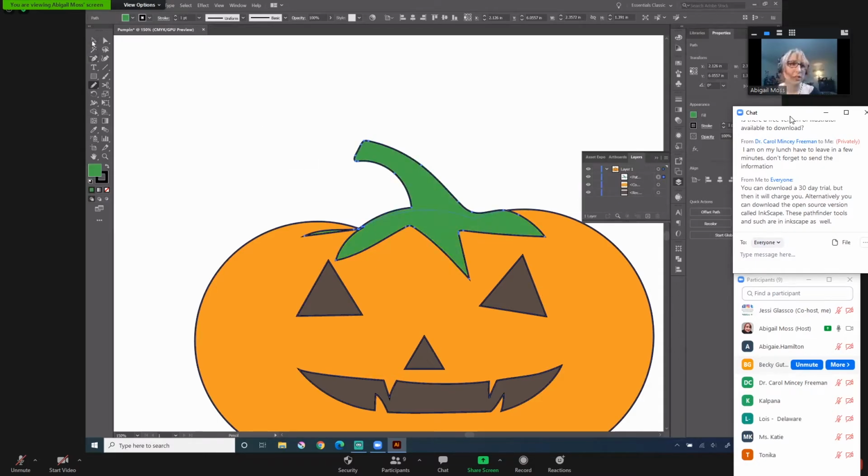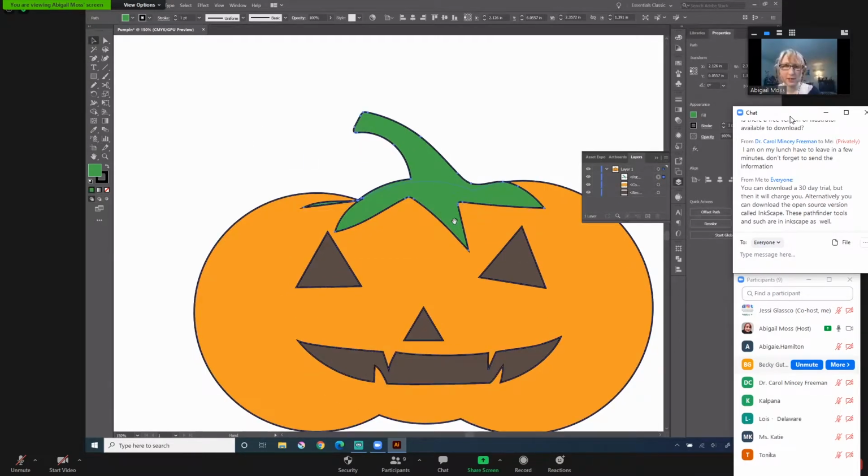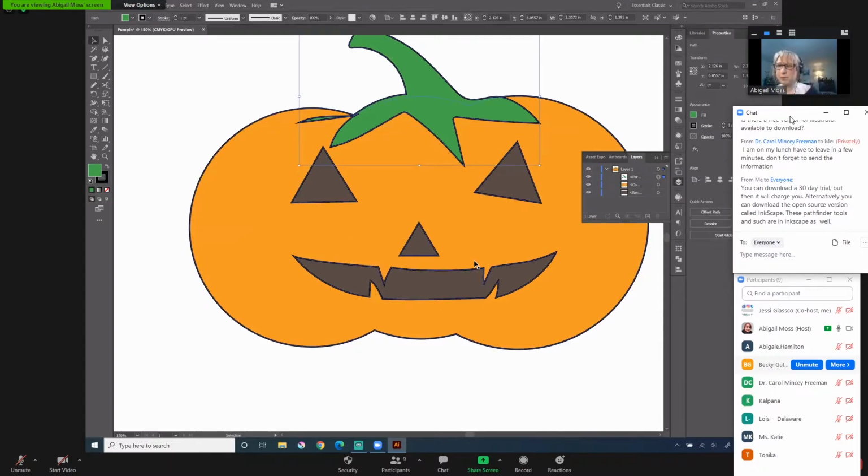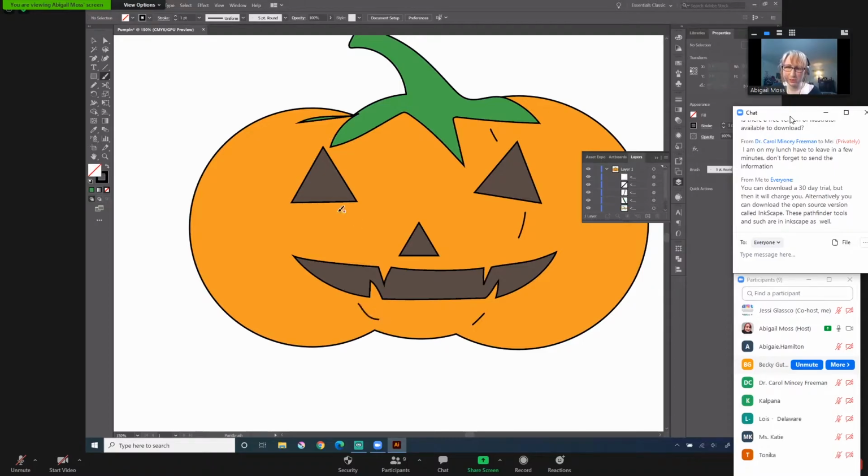I'll probably have to change that green later, but that's fine. Also, if you want to make lines inside of a shape, there's two different ways to do it. You can either use the paintbrush tool. Let's see, and I'm going to make that shape a little, like if you wanted to add some lines in here to indicate more of the shape, then you can either use that tool, you can use the pencil tool and just not make a shape,